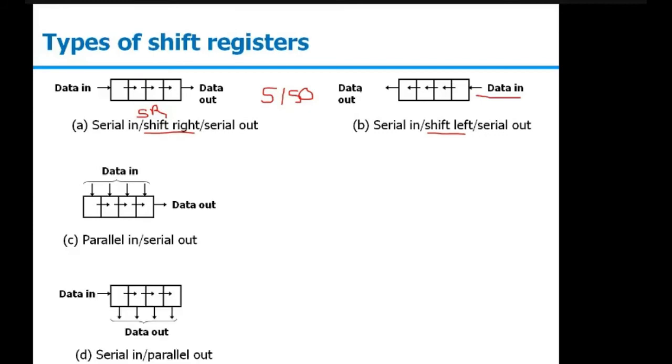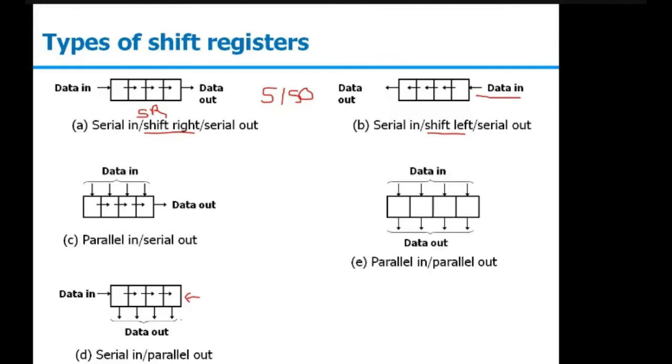The next third one is serial in, parallel out. Again we can have the 2 configurations in it. If you want to perform the shift right operation, you will be entering the data at the MSB side, then shift right operation, and then you will read it at once. Otherwise, if you want to design a circuit for SIPO that is working in the shift left operation, you will be entering the data at the LSB side here, then you will perform the shift left operation and then you will read it at once. The last one is parallel in, parallel out.